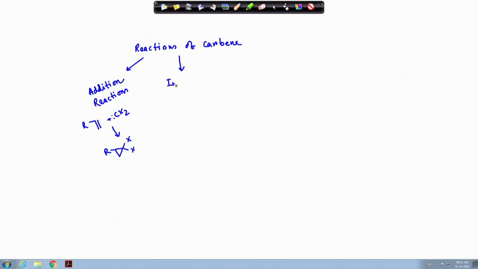Next we have learned about insertion reactions. What does it mean? If there is some carbene and there are carbon hydrogen bonds, this carbene can be inserted into that carbon hydrogen bond. As for example, so this can give